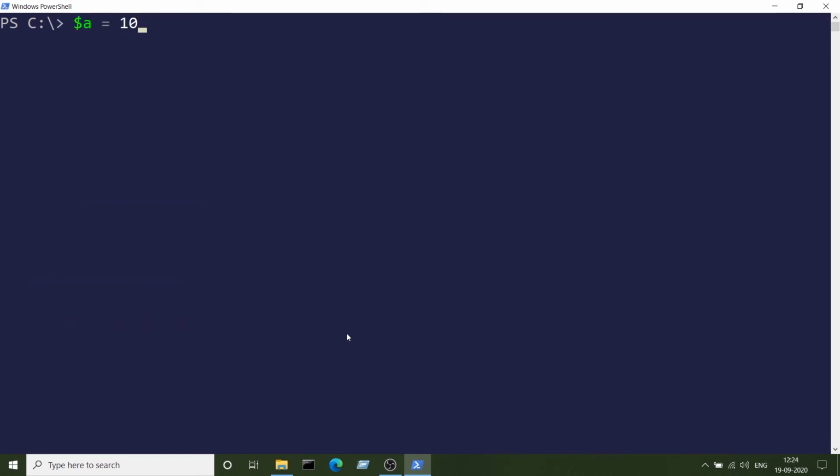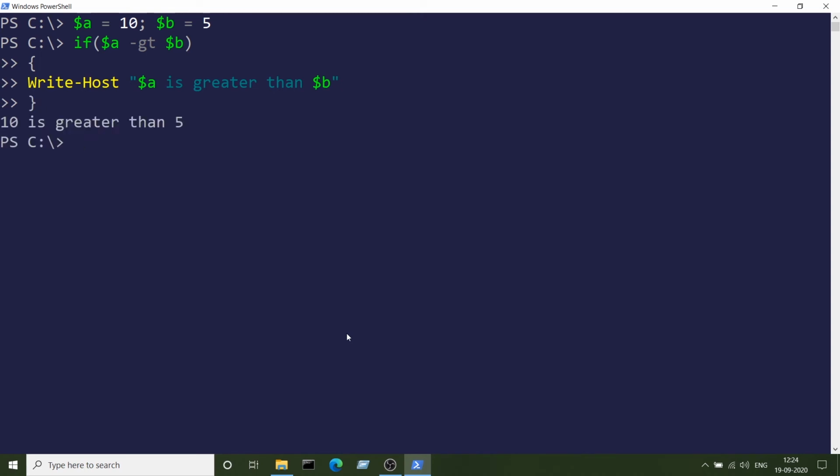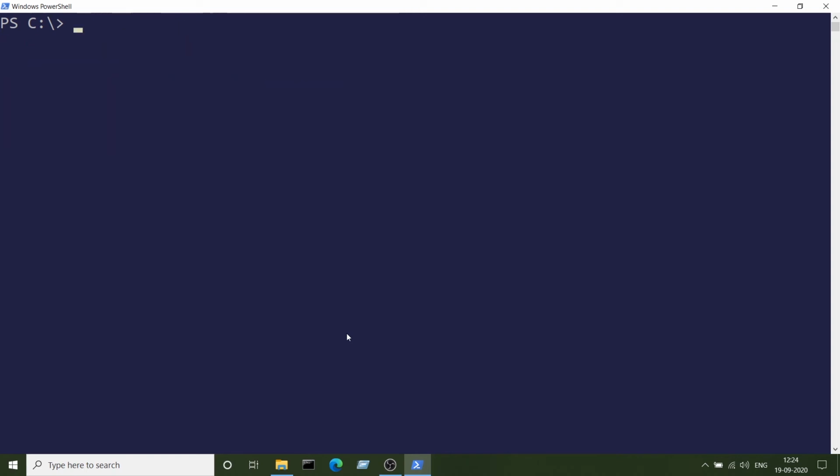Conditions in PowerShell. You can use conditions in PowerShell for decision making. In PowerShell, we mainly use the if conditional statement for decision making. PowerShell supports if, if else, and if elseif else conditional statements. Apart from if, the switch statement can also be used as a conditional statement. Here, we are comparing the values of two variables and then printing the variable with the highest value. You can combine multiple statements in a single line using a semicolon in PowerShell.